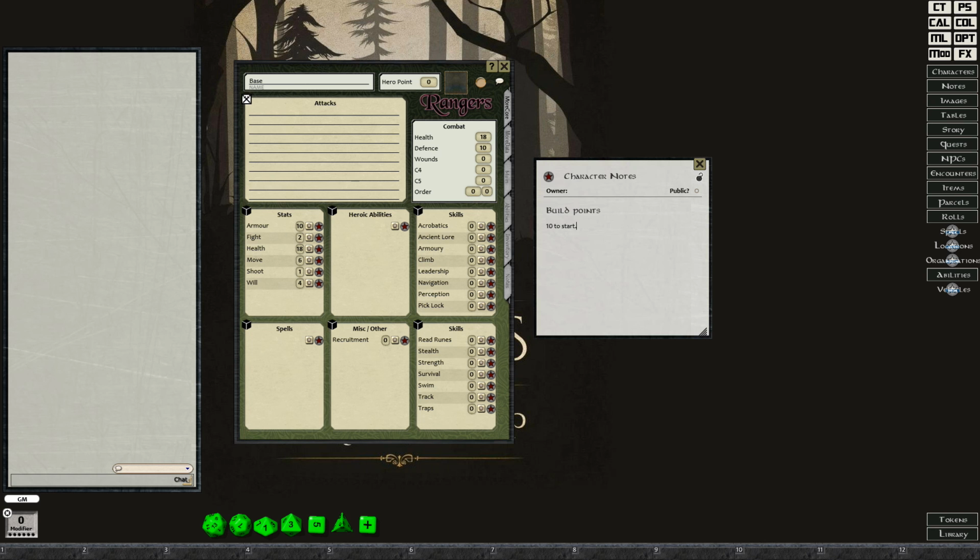Alright, so the stat line: armor, fight, health, move, shoot, and will. So, these seem to be self-explanatory. Will is for the courage, determination, and ability to resist magic spells. Now, building a ranger for myself for the first time, I'm thinking about building someone that is more in the vein of...